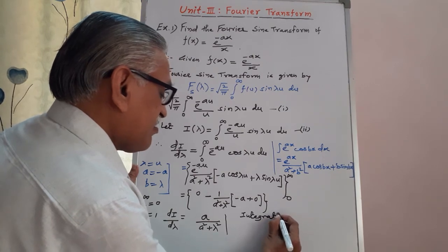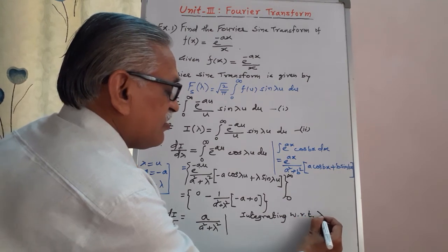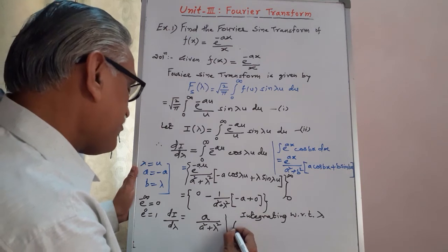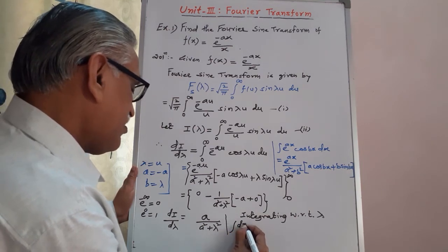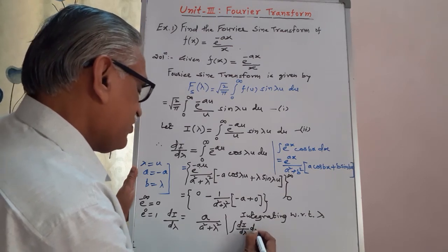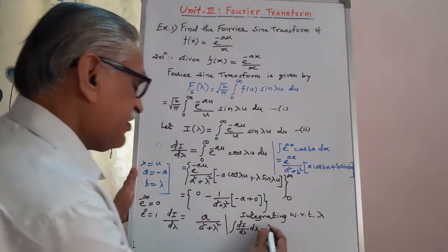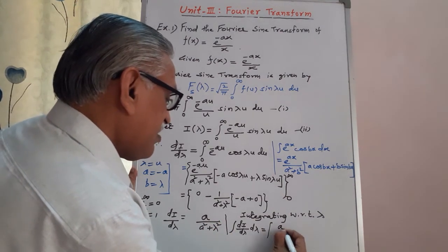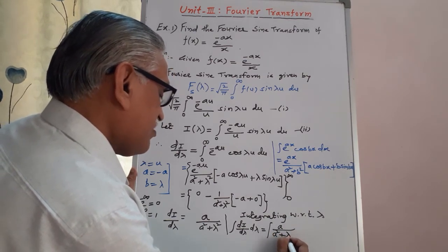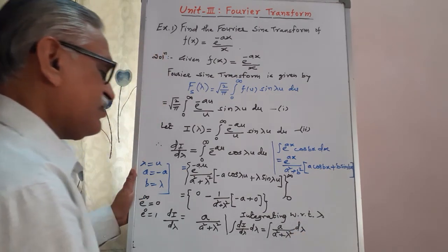Integrating with respect to lambda, and therefore integration of di by d lambda with respect to lambda is equals to integration of a divided by a square plus lambda square with respect to lambda. We get